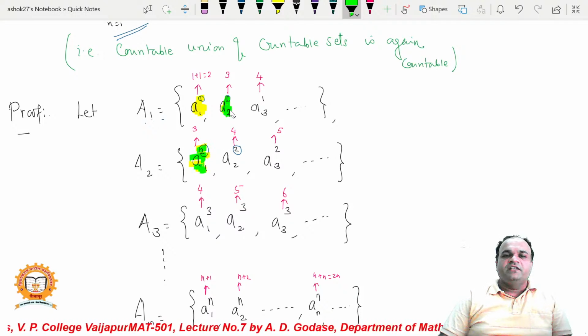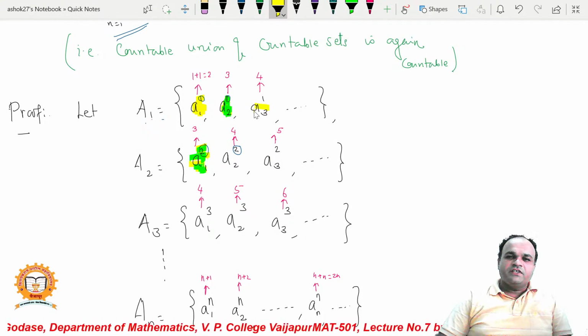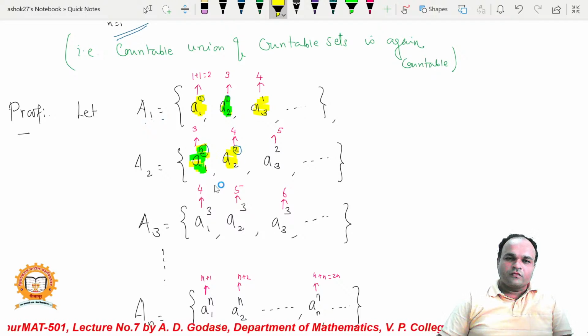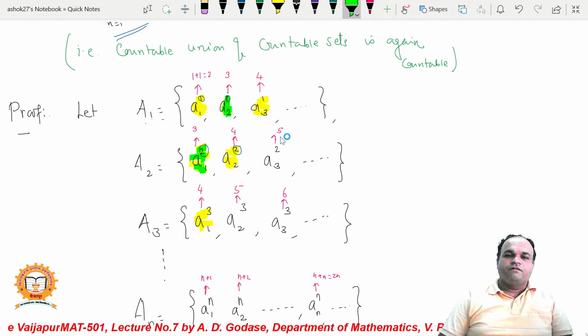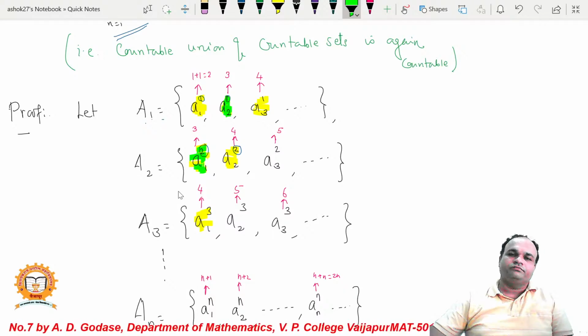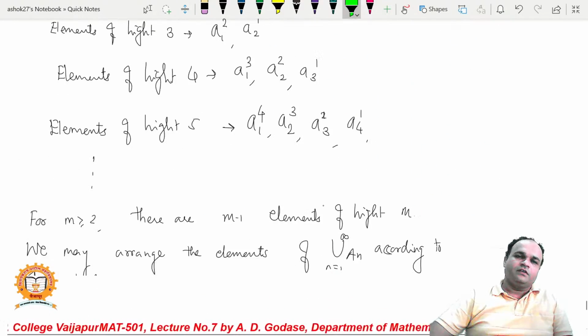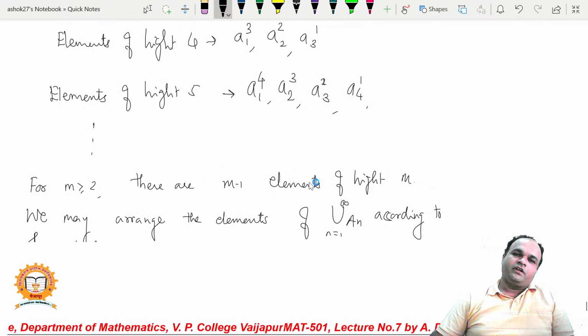So there are two elements of height 3. Similarly, you can observe there are three elements of height 4. These are a_3^1, a_2^2, and a_1^3. Similarly, you can see there are four elements of height 5 and so on. So from that, what you can observe, for m greater than or equal to 2, there are m minus 1 elements